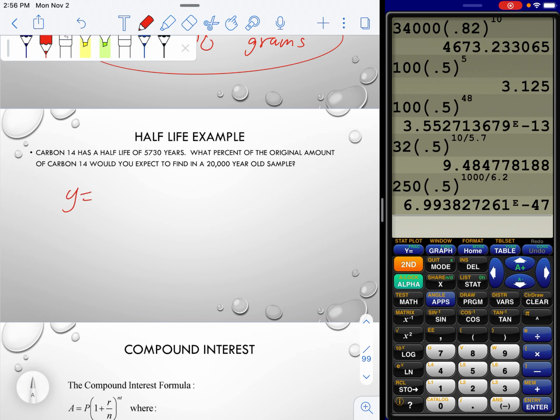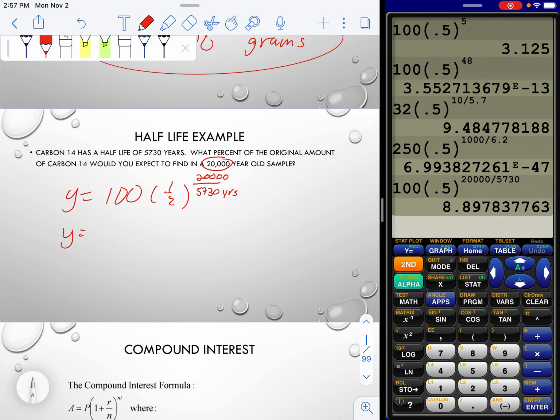So I'm just going to make it up and say I have 100 milligrams or grams, whatever. Doesn't matter what number you use. We could always come back and compare to it. The multiplier is 1/2, and the half-life is every 5,730 years. We want to know how much is left after 20,000 years. So if I crunch this number, I get